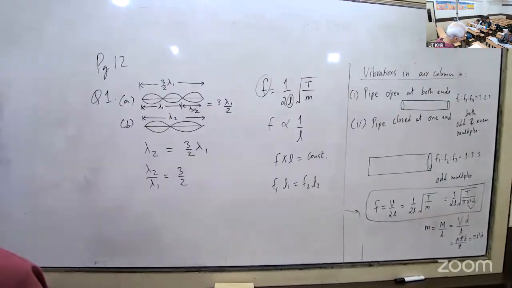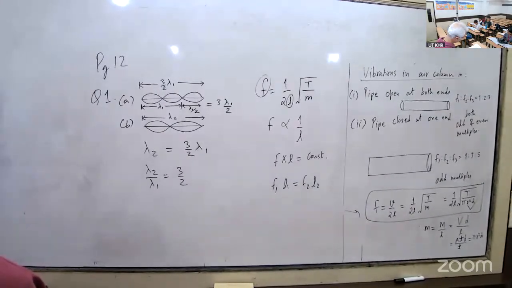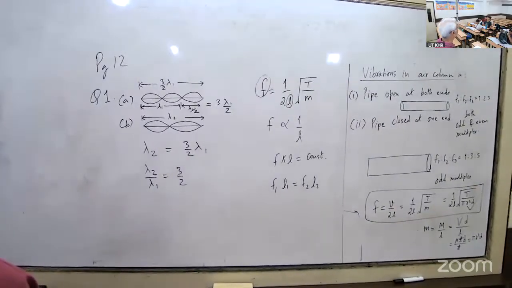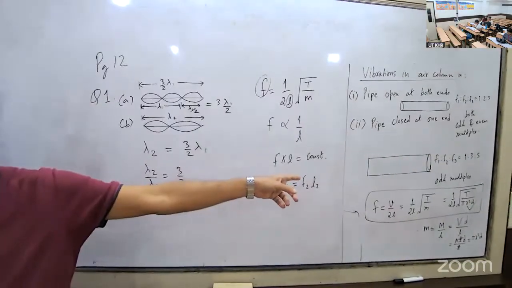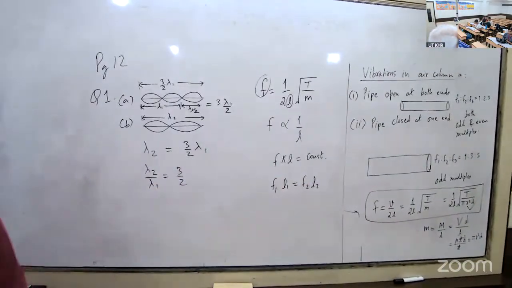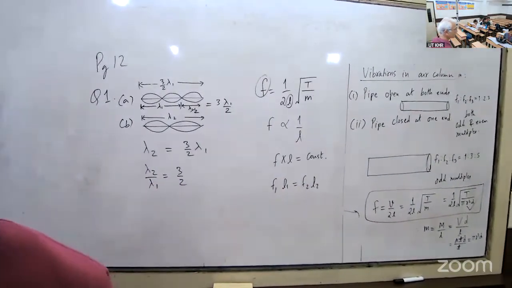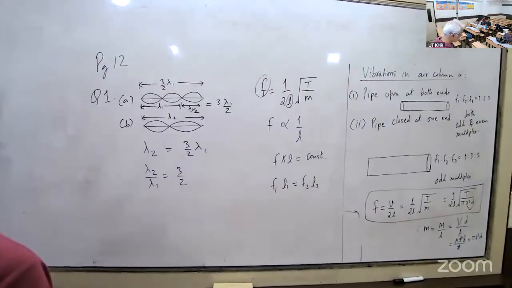ये हो गया तुम्हारा रेजोनेंस। If the present tuning fork is replaced with a tuning fork of higher frequency, should the length of the air column increase or decrease? Decrease. Very good. क्योंकि फ्रीक्वेंसी और लेंथ में क्या होता है? इनवर्स रिलेशन होता है। तो ऐसे लॉजिकल क्वेश्चन हैं। ठीक है? वैसे ही एक और क्वेश्चन देख लो।